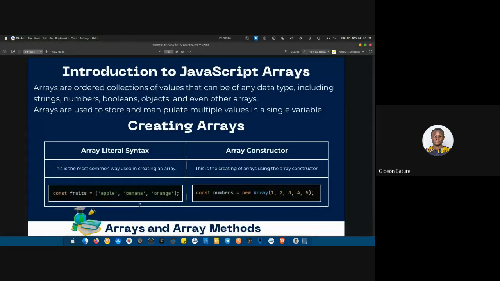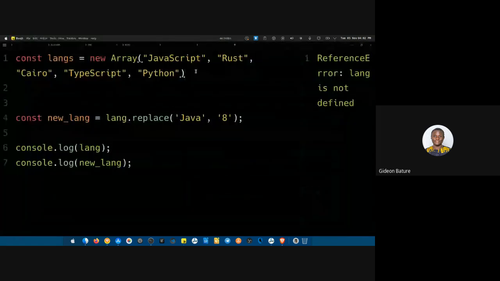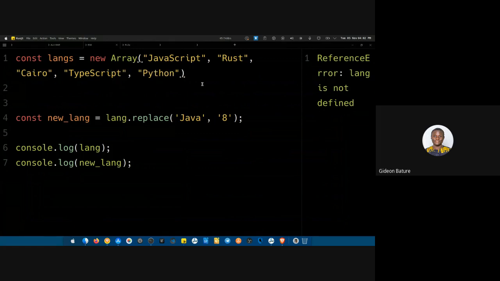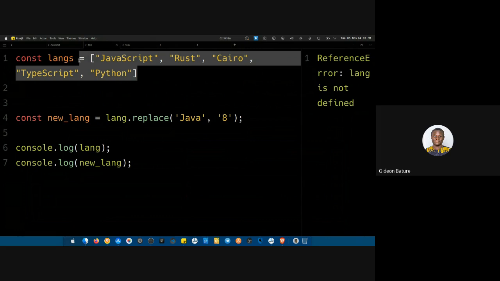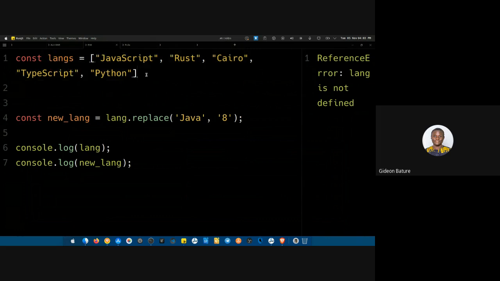So either you go by this method, the array literal syntax, or the array constructor. For me, I find it easy to just use my normal array syntax. This one is much better for me, because I can't forget this one. So this is how you create an array. And you can also create an array of numbers, not only strings. That's what they are trying to tell you here,